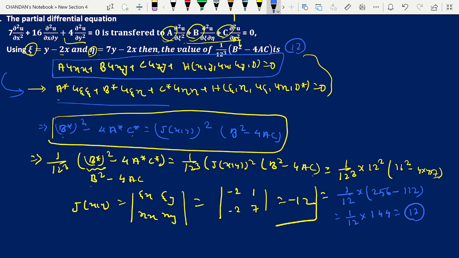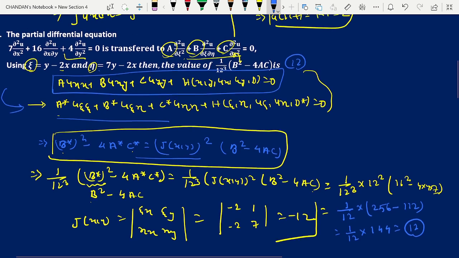So there is nothing else to do here. If you remember this relation, then we solve it very easily. It is a very short trick. Otherwise, if you try to find whether this equation is parabolic, hyperbolic or elliptic, then you use the transformation, and that formula is very complicated to solve in examination time. So this is a very conceptual type of relation. If you always remember it, then we can solve this type of question very easily. Now move to the third question.